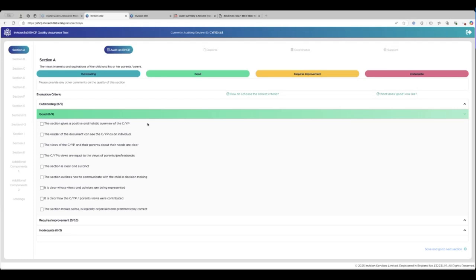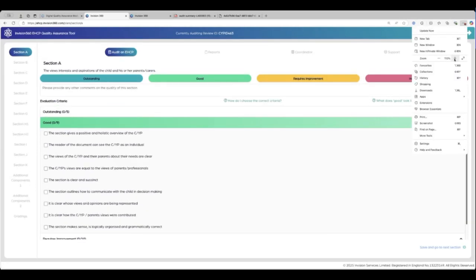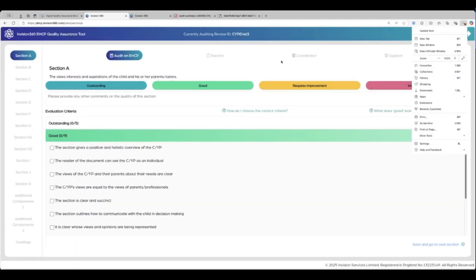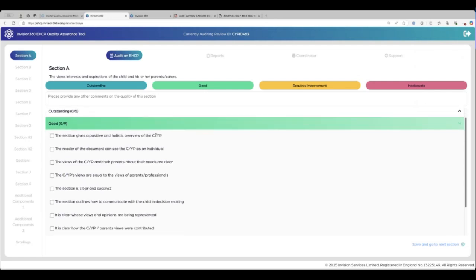The flowchart tells us that we always start against the good gradings, which will be the ones that ribbon out for us here. So I'm going to make this a little bigger so it's a bit easier for me to see. What I'll do is always start against the good gradings in section A and read my EHCP, whether